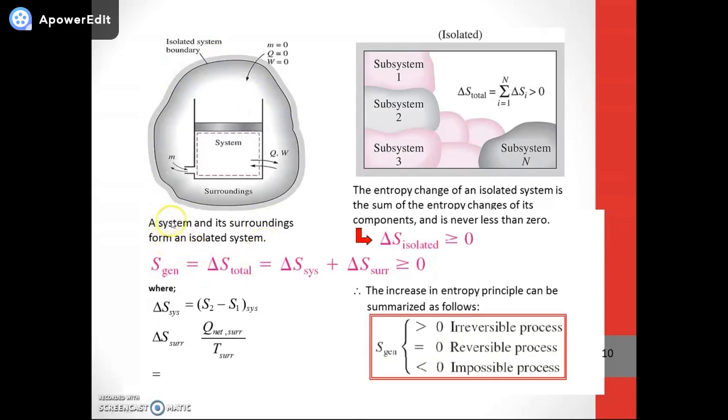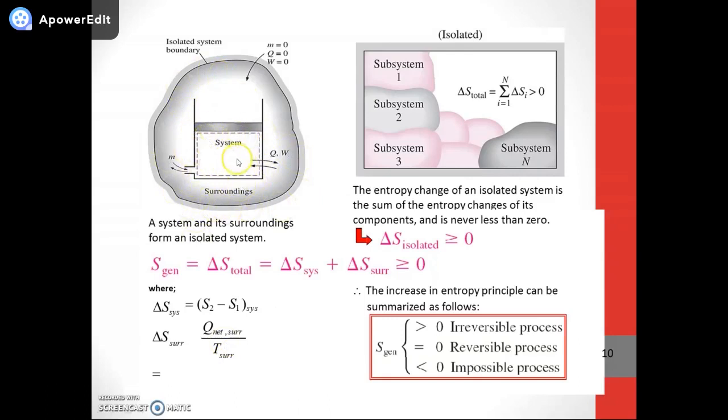So for a system and its surrounding which form an isolated system, the S generate is actually equal to delta S total, which equals delta S system plus delta S surrounding, and this is always bigger than 0. Delta S system equals S2 minus S1, and delta S surrounding is equal to Q net of the surrounding, all the heat transfers in here,